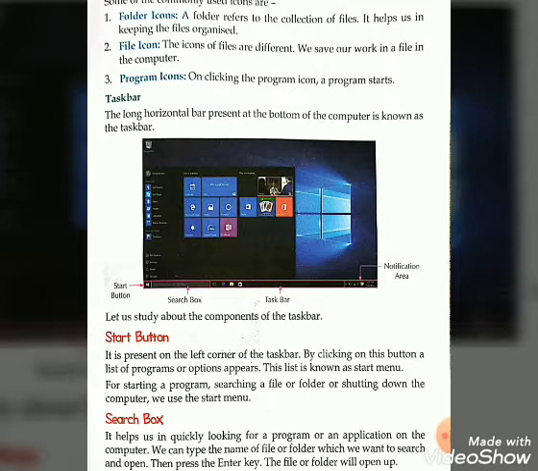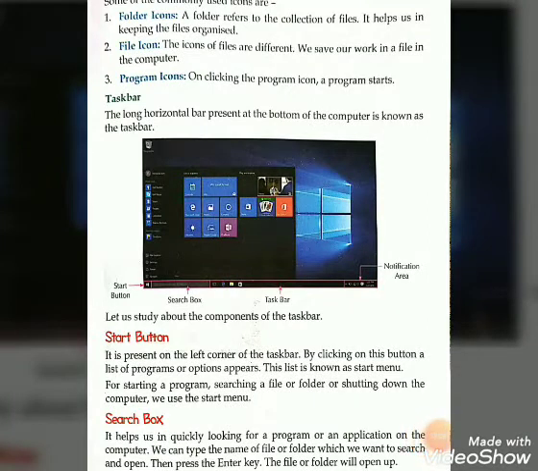I am repeating once again. The icons of files are different, and a file saves our work in the computer, whereas a folder refers to the collection of files and helps us in keeping the files organized. Okay, now the next one is program icons.